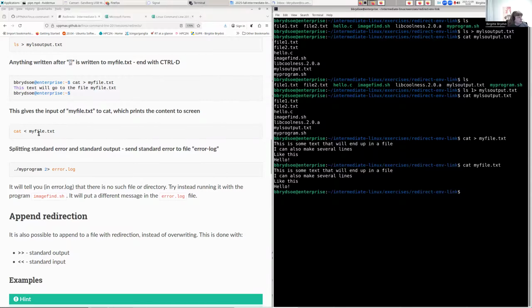So if you instead do cat and then this input redirection of myfile.txt, then the content of this myfile.txt will be printed to screen. So let's try this. So in this case, of course, it is the same as what you just saw up here. And you can split standard error and standard output, where you send standard error to a file called